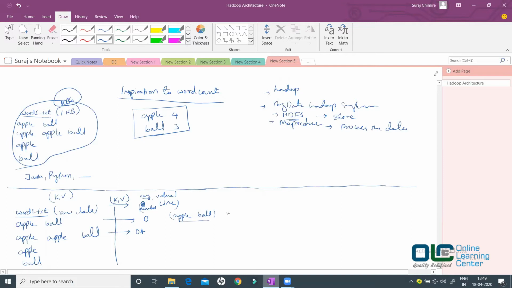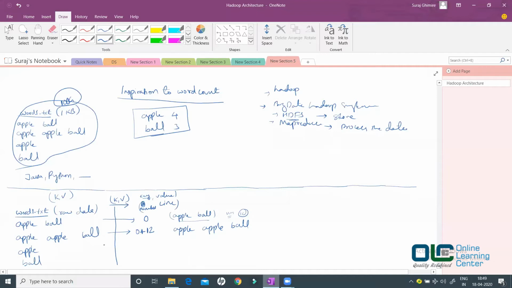Okay, 11 plus 1, how much is it? 12. So then your next key would be 12, whereas your value would be the entire line, apple space ball, right? So your key is 12 now, right?